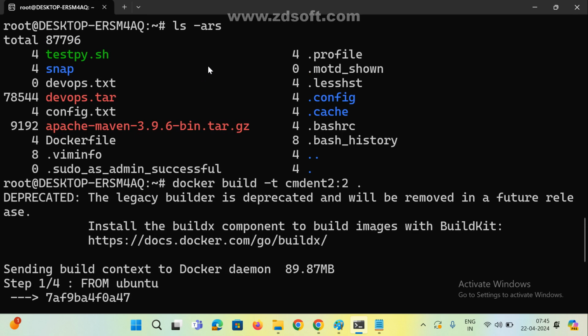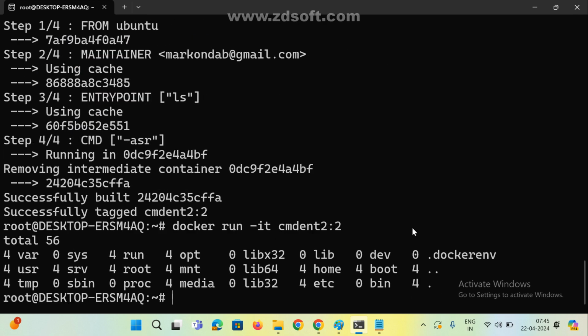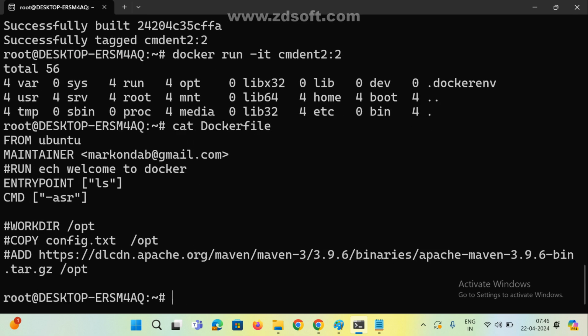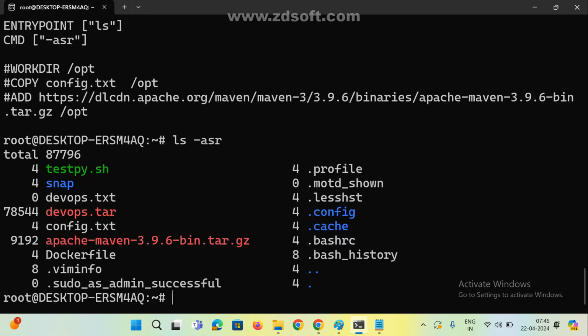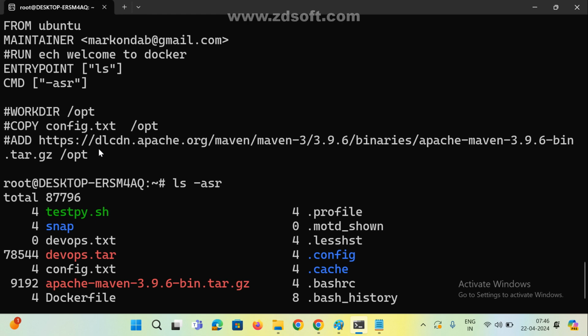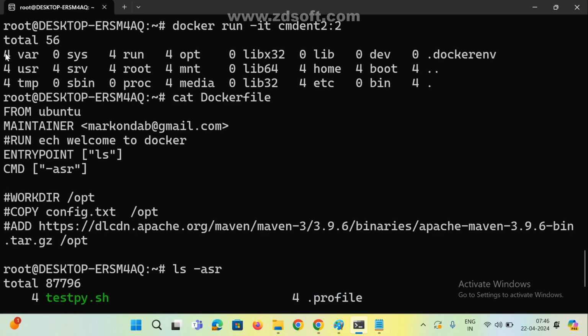Here I am using ars, right? There what I passed? Docker, maybe almost same only. Maybe we are passing asr. Got it? Now see here, ls -asr. Same thing, it is arranging the order only, total of what is size and all. We are getting 4 and all. Now one more thing,